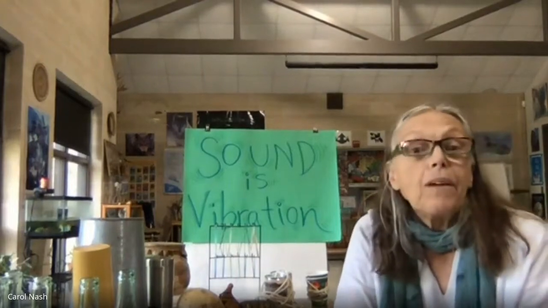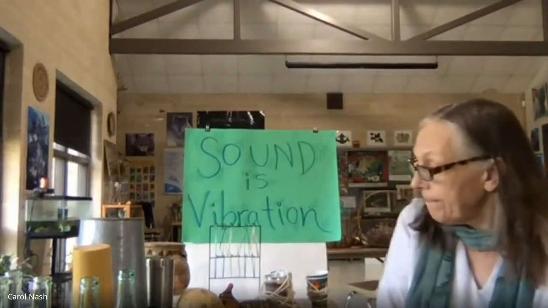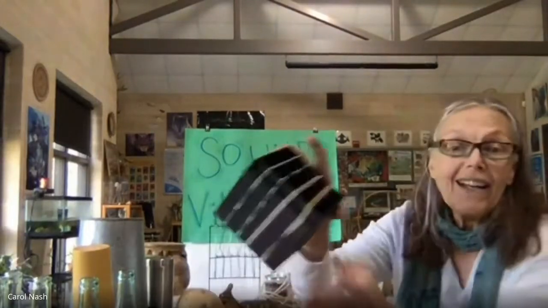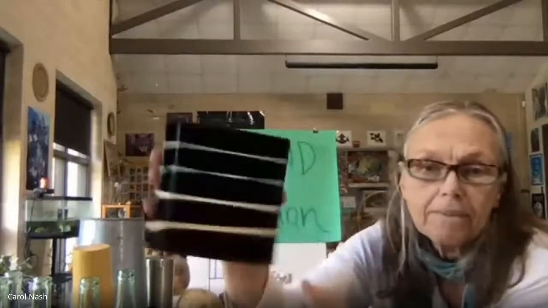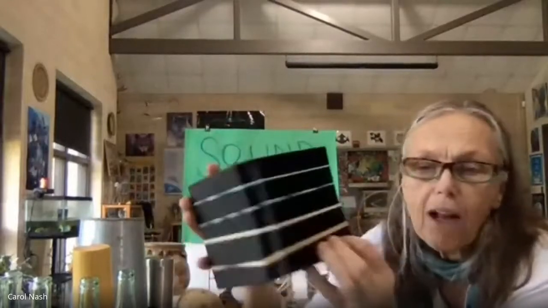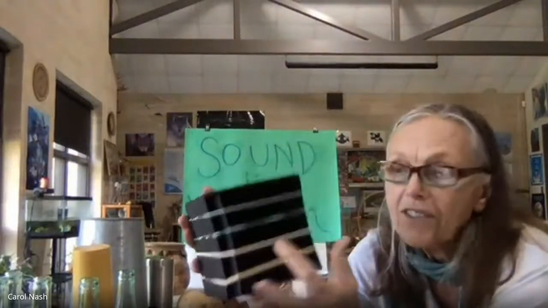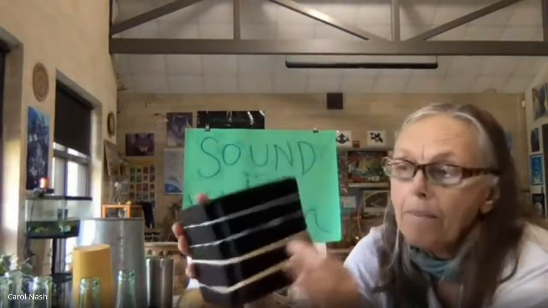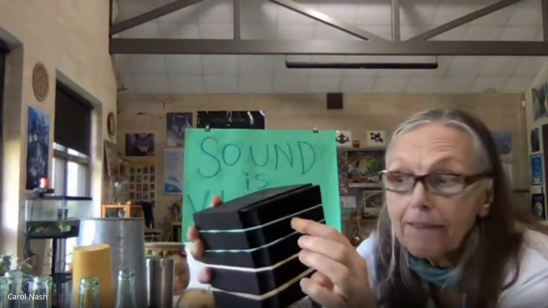Now, we can do all kinds of fun things to explore pitch, volume, etc. One really easy, fun thing to do is to get some rubber bands and a box. Any kind of a box will do. So it's a square box. And I just strung 4 rubber bands across. So these two are the same kind, but this one is pulled really tightly around. And listen.